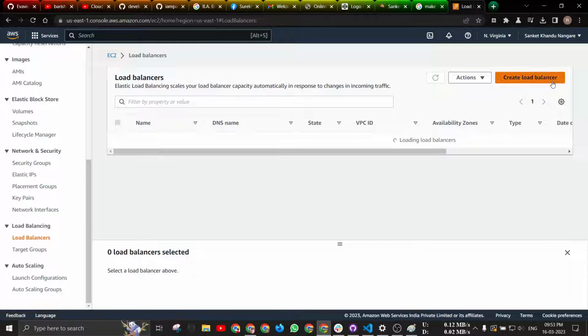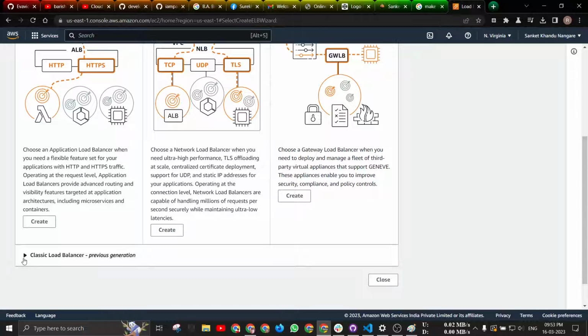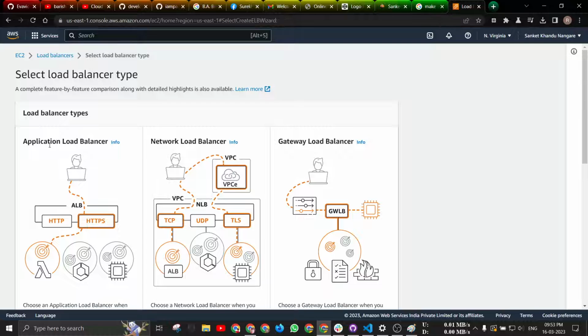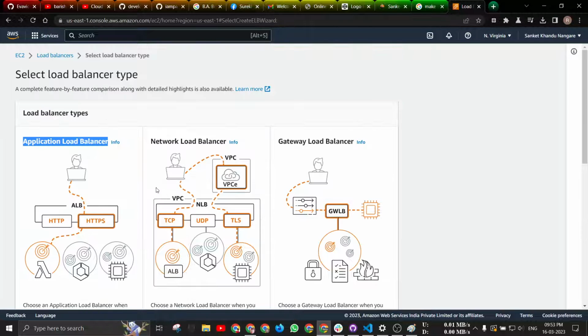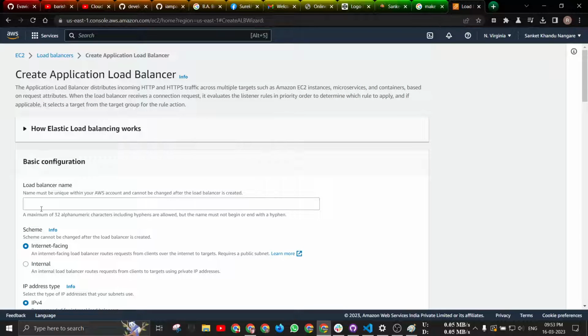So go to the load balancer section and click on create load balancer. There are many load balancer types. The classic one is going to be closed, so the new one is the application load balancer, if we want to take it. If your application is network based, you can choose the network gateway according to your application. But our application is application based, so click on create under application load balancer, and give the load balancer name,